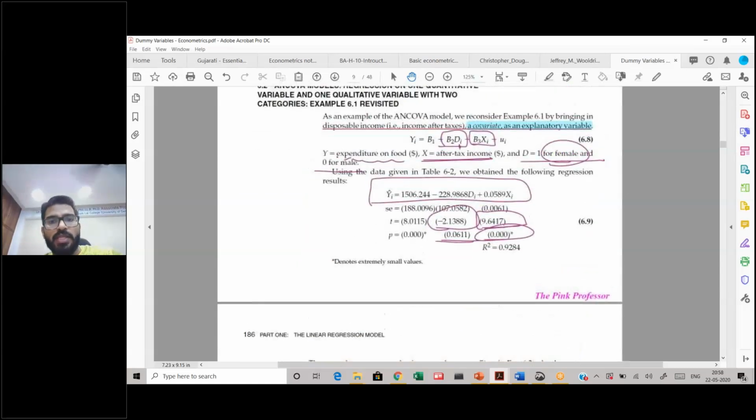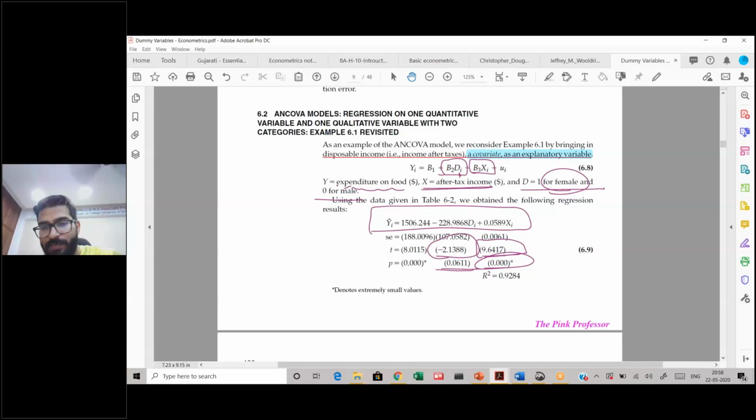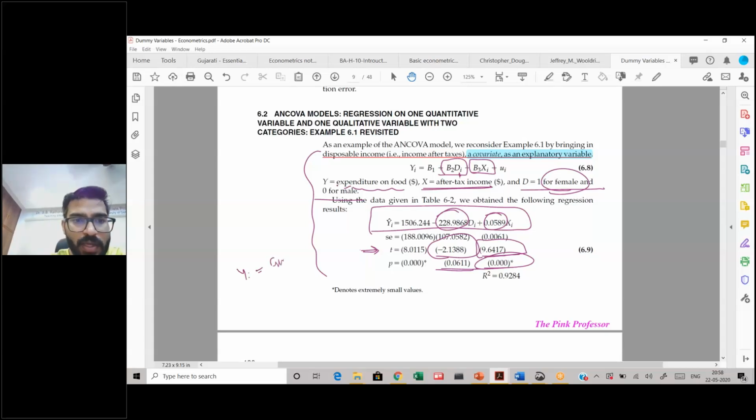Now, if you see, this is exactly the same regression line that we fitted in the first case. However, our coefficients have changed. Also, the t values have changed. So if you were regressing yi only on gender, then you found out that this is not significant. Whereas when you included xi, this became somewhat significant. So how did this happen?